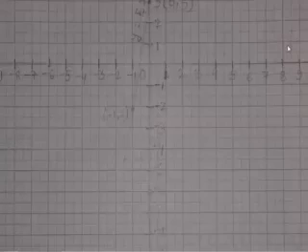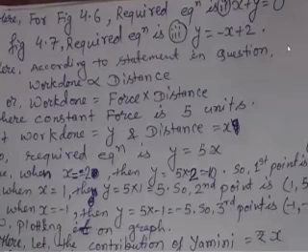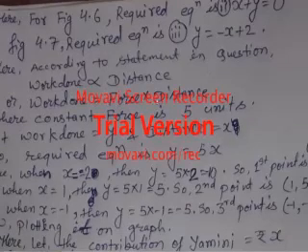Okay, sorry, what is there? I will see. And I will show you. You can see here I had made work is equal to force into distance, where constant force is 5 unit. Let work done is equal to y, and distance is equal to x. Then what will happen? Required equation becomes y is equal to 5x.